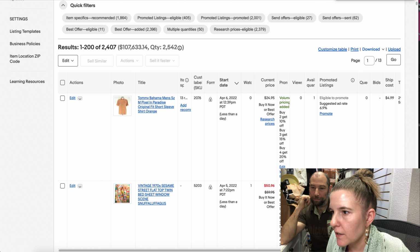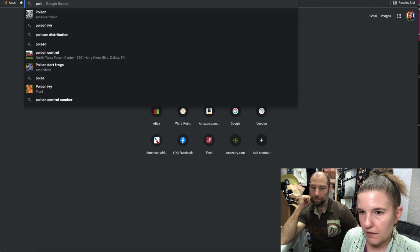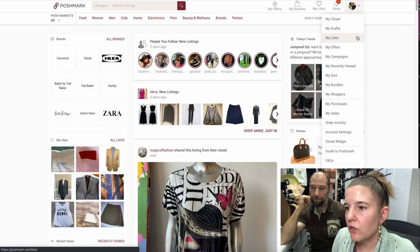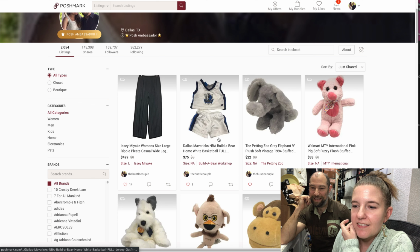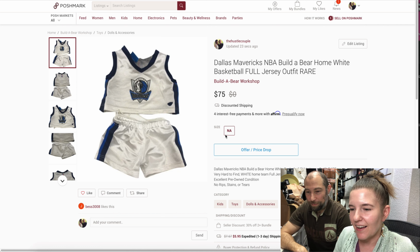Oh, Poshmark. I gotta log in. Poshmark has a copy listing feature. Which also, if you're using Vendoo, you can't do this. I'm just showing people that. Okay. So say this Dallas Mavericks NBA Build-A-Bear, say this thing's not been selling and we're like, hey, you